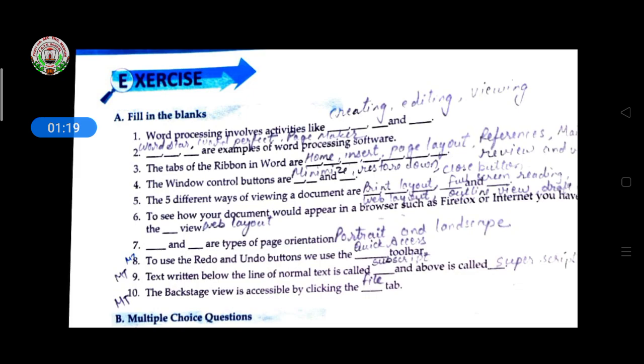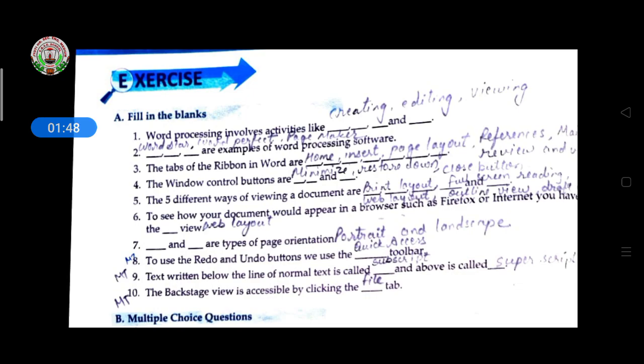So the first question is, word processing involves activities like creating, editing and viewing. Then fill up, examples of word processing software: WordStar, WordPerfect, PageMaker. Then the tabs of the ribbon in Word are, what are the tabs?